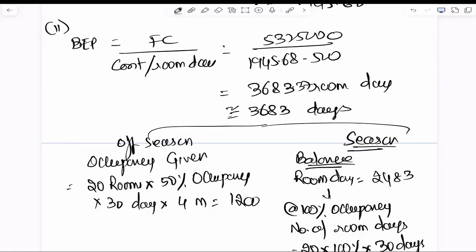If you multiply 1200 with... total cost kitna li tu? You cannot take total cost as such, but at the occupancy levels given in the first bit. We are changing volume, so total variable cost will change. You cannot take total variable cost at 80% occupancy level given in the first bit. Make a note of that if you think you'll make a mistake. Do not consider total cost as per requirement 1, as total cost will change with the change in volume.